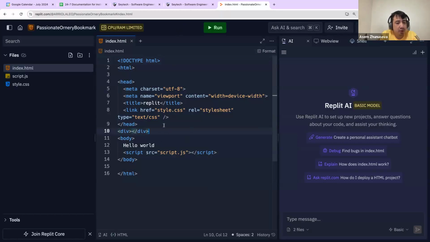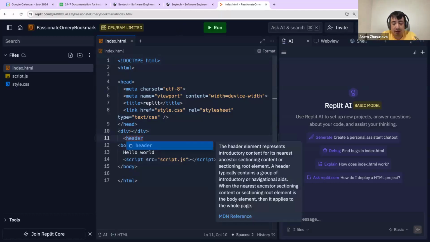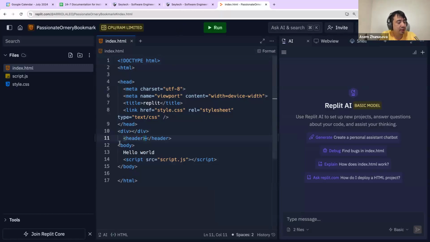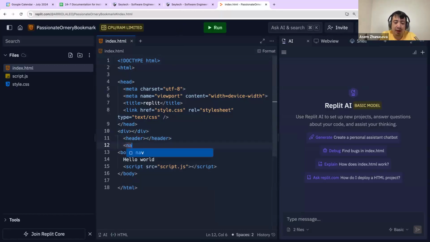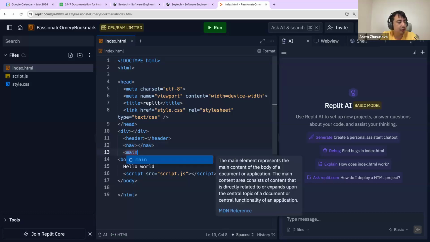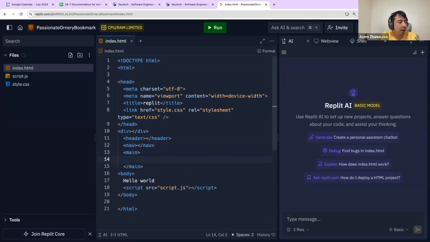We also have our semantic elements, for example, header. Which other semantic elements do we have? We have nav. We have main. We have another one, for example,